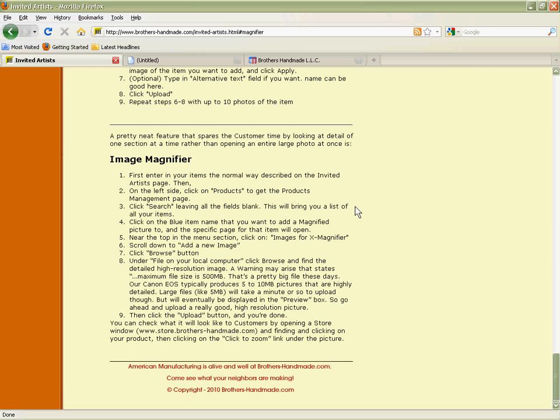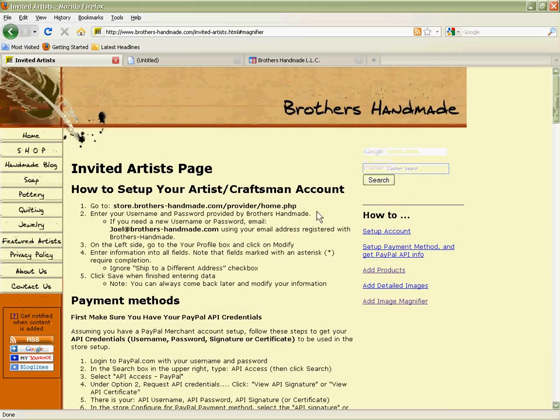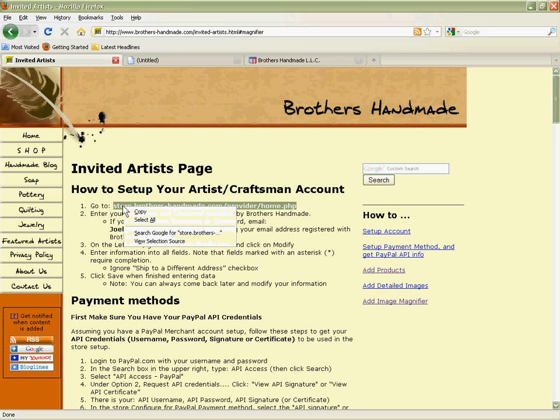It's a great feature in that it can give the customer a very detailed look, one section at a time, of the product that you have in the store, and it saves them having to open a very large image of the product. So as usual, we begin by logging in to the provider area,